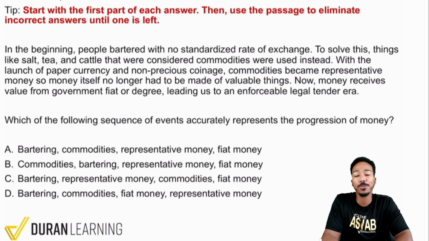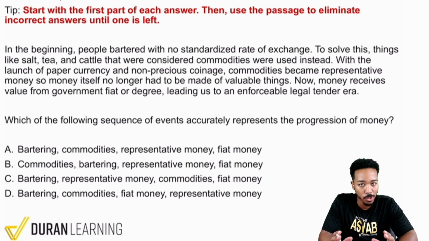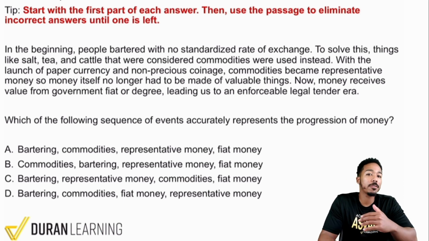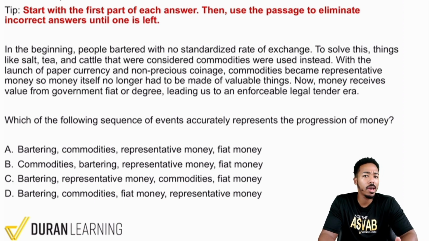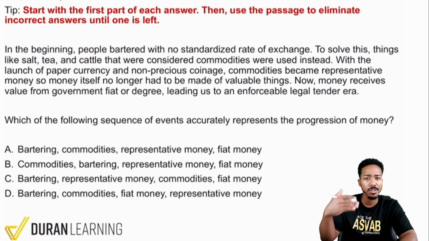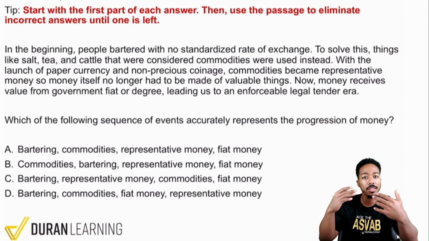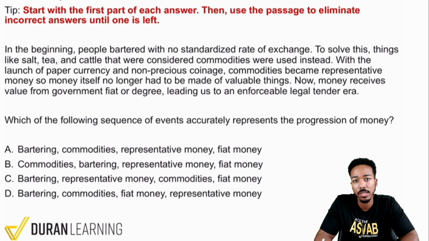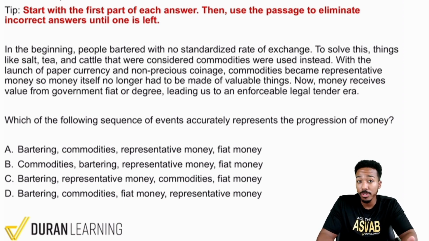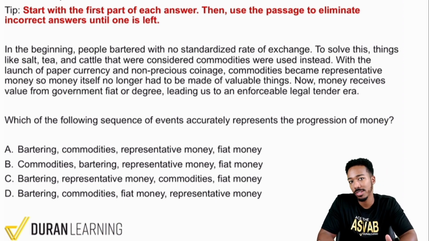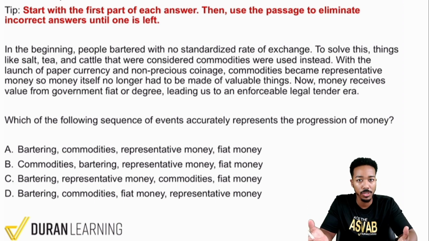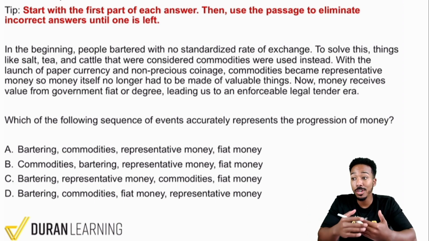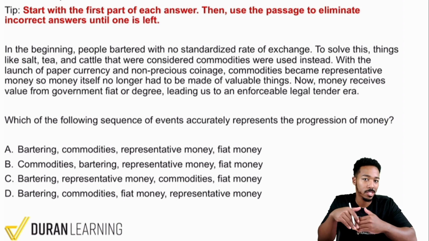And let's go ahead and go through the strategy here for sequence of events questions. So, as you may have seen in the previous strategy videos, inferencing factual questions, you can go back and forth between the answer choices and the passage itself to really eliminate and find the choice that's supported by the passage. When it comes to, let's say, quote questions, we don't want to look at the answer choices until we really understand the passage. Here, with sequence of events questions, honestly, you can always start with the answer choices itself.